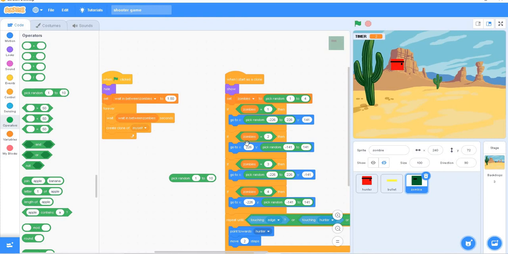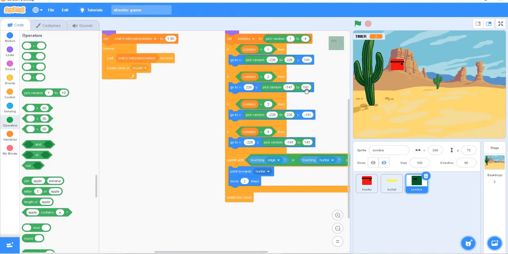Now copy it and set the if zombies equals 2 and go to above it, so now you will put it into the second block. In the second one you have to set here 2 to 6 and pick random minus 141 to 141.